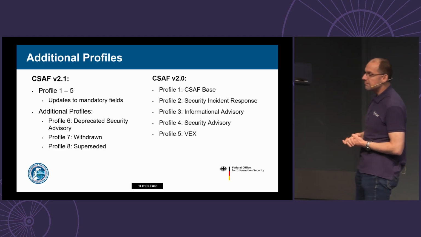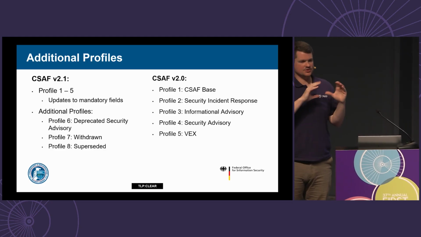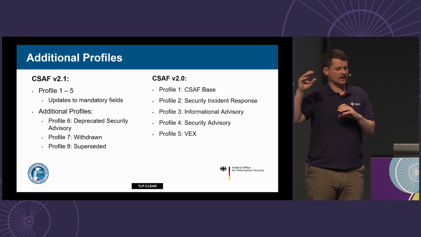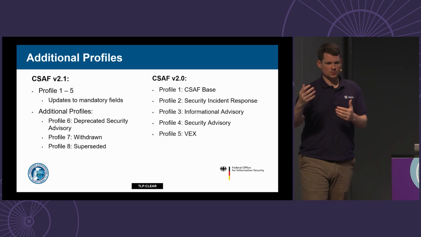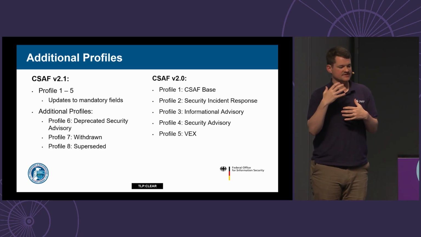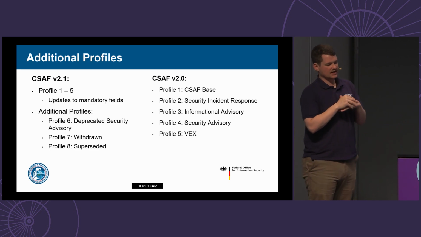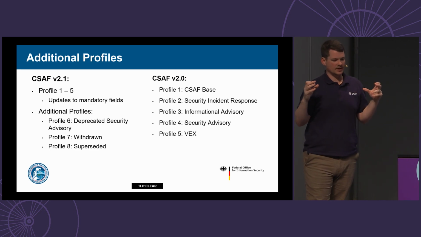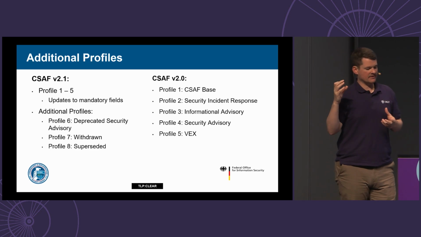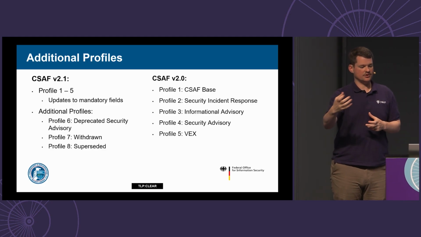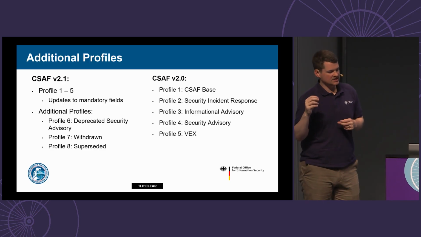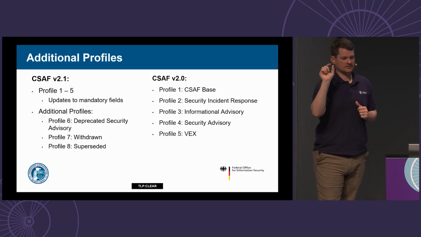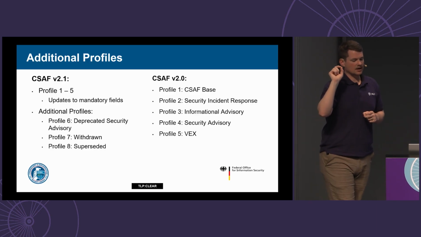And then the other two additional, these are sort of addressing use cases that have already been encountered, where we were seeing organizations dealing with it in the past. If they had withdrawn an advisory that they had previously published, they just removed the product tree, removed the vulnerability property, and it was listed as a Profile 1 in a lot of those cases. Now we have a profile to address a withdrawn security advisory. It will not contain product tree or vulnerabilities, but it has the status of a withdrawn CSAF document.